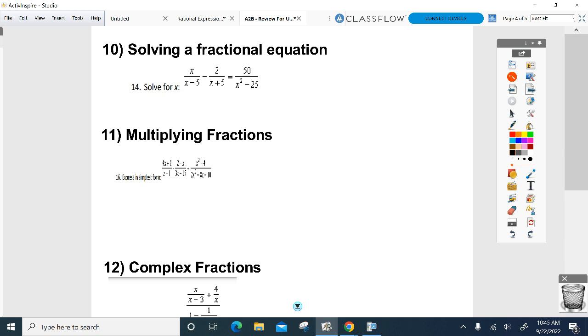All right, I'm going to start skipping around because we're starting to duplicate a little, but there's a second fractional equation on there tomorrow. So if you want to star number 14, go ahead and star number 14. Something you might want to look at while you're studying on your own tonight. Multiplying fractions, 16. Star number 16. We just did that with the division. Factor and cross out, right? I do want to get to